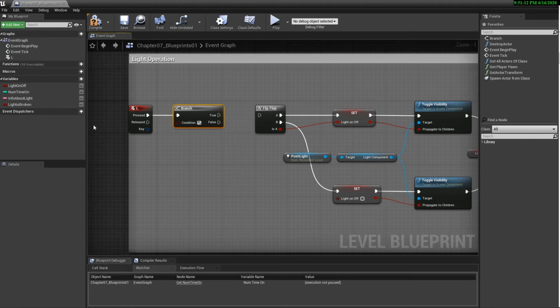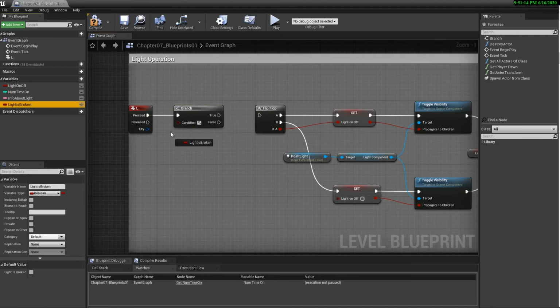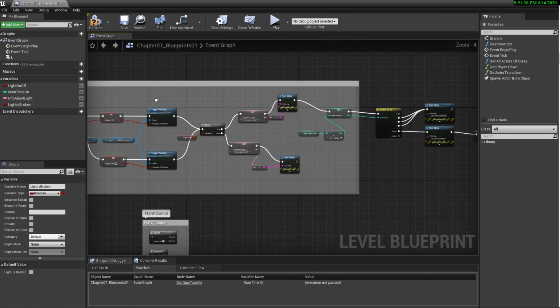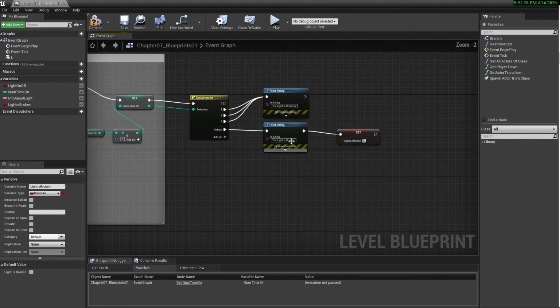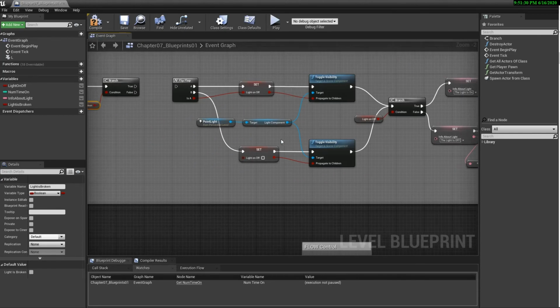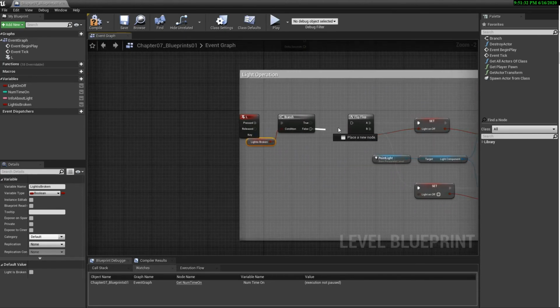So if the light is broken, I'm going to hold down Control and drag this right into here. If the light is broken is true, then we want to probably kick out that message again over here. That's the light is broken. But if it's false, we can let the user keep switching the light on and off.